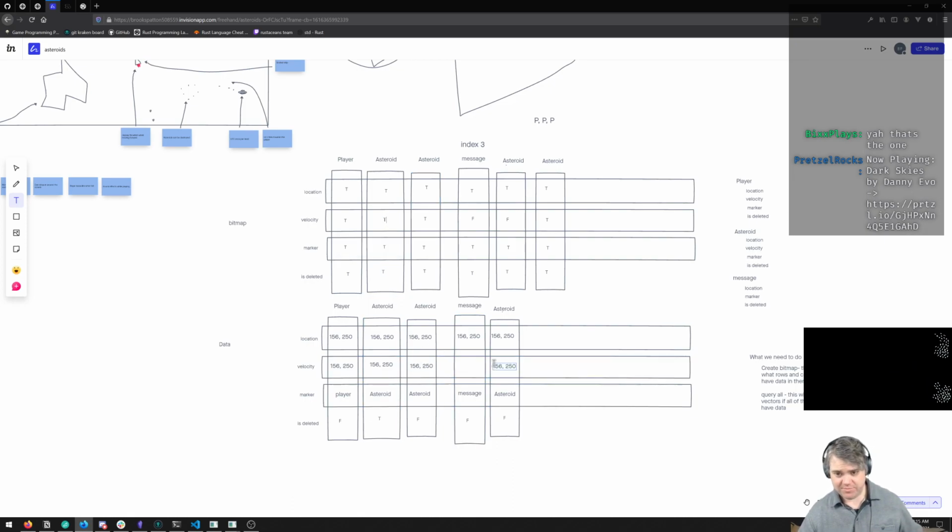So if I want to grab them all, I need to be able to look at the bitmap. The bitmap has entries for every single one of these, but our main one doesn't have an entry for this. And that means looping through the bitmap as opposed to the components.